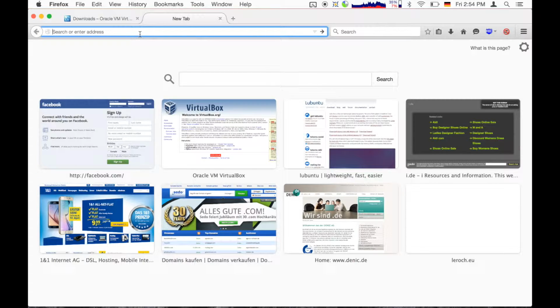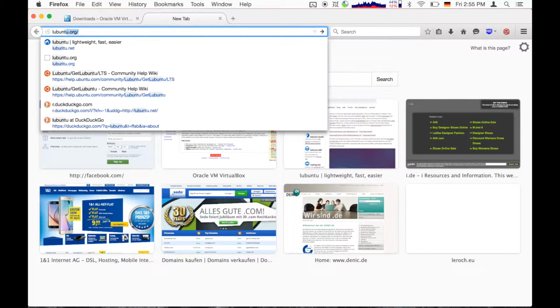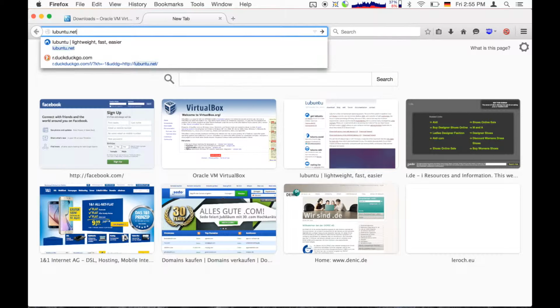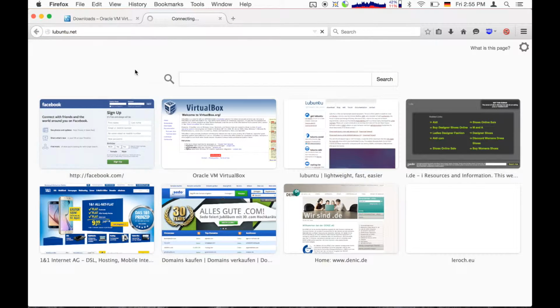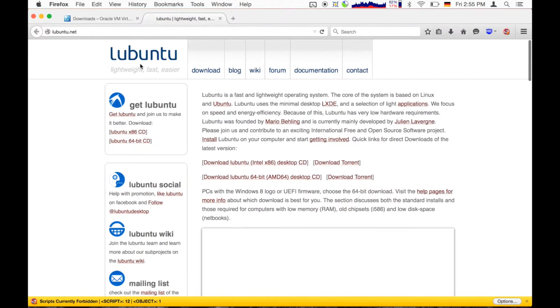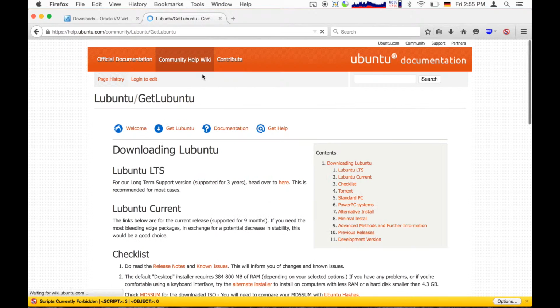And what you also need is your operating system. So I could show you this with Windows, or I could show you this with Mac OS. I'm not sure if that works with Mac OS. However, I'm gonna go for a Linux system, and I'm gonna go with Ubuntu, which is kind of like Ubuntu. However, it is